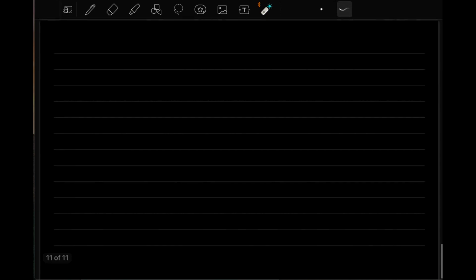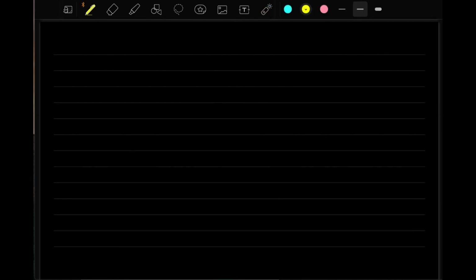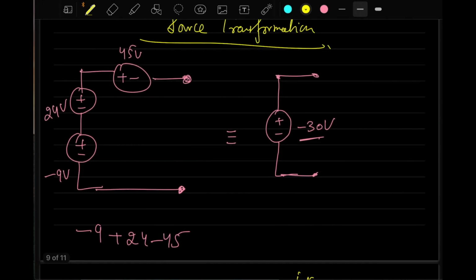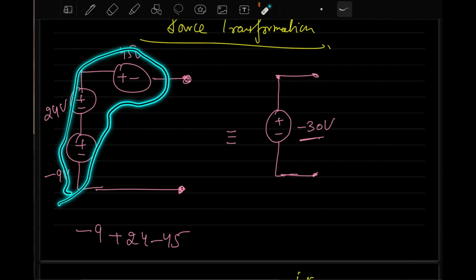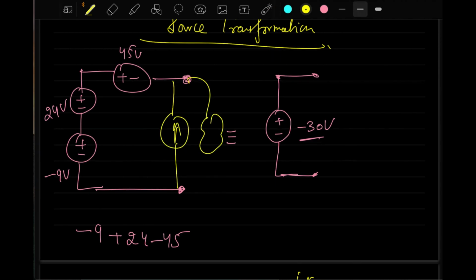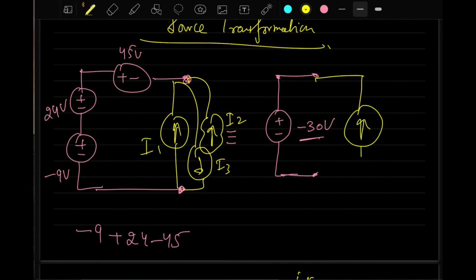Sir, if in a circuit both current source and voltage source are present, then will we take the voltage sources and current sources separately and then add both? You have to see. If you find voltage sources in this type of fashion, you can do it by combining them like that. And if you have, let us say, a current source like this, I1, I2, and then a current source going down, then you can connect a single current source with I1 plus I2 minus I3, like this.